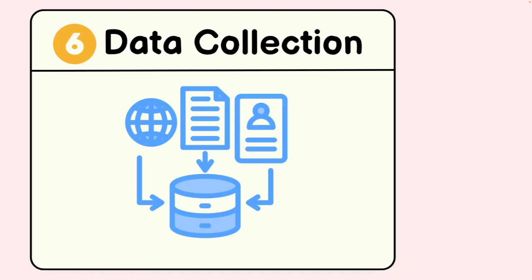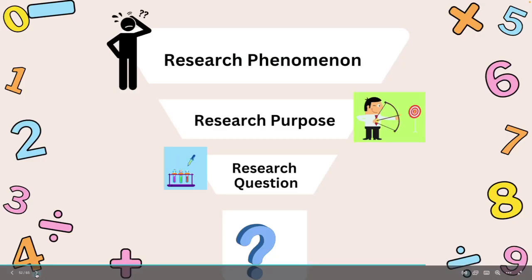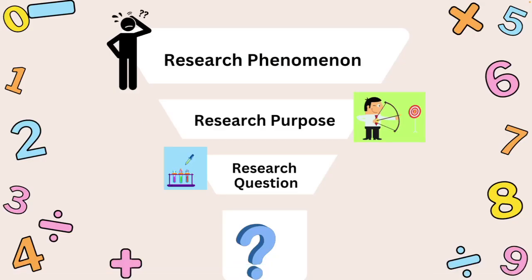So the data collection process. Now, once you have an understanding of what is the research methodology of choice in your research design, now you know which population you are interested in. So once you have an understanding of the general idea of the research design and methodology, now you can start